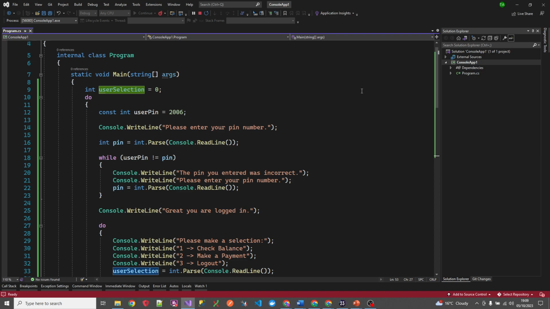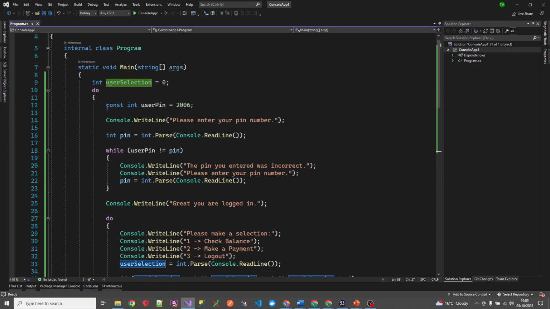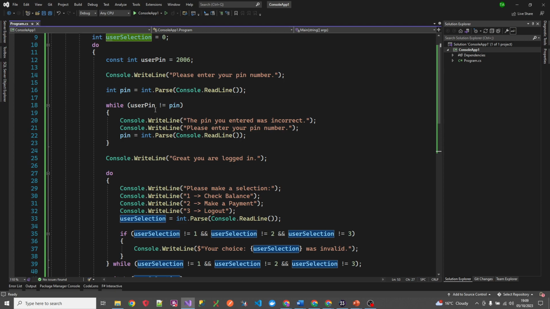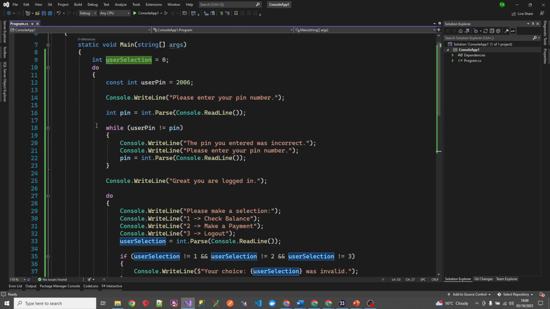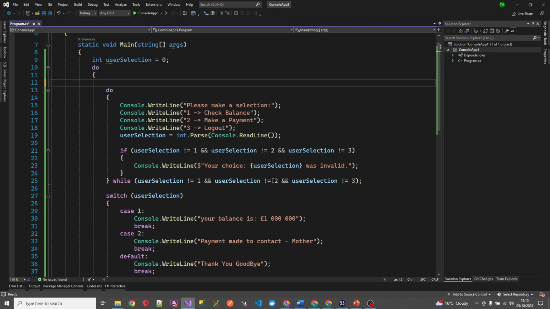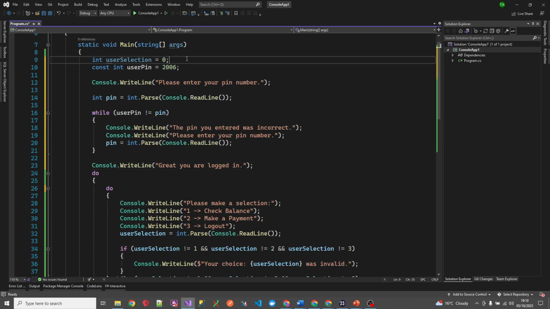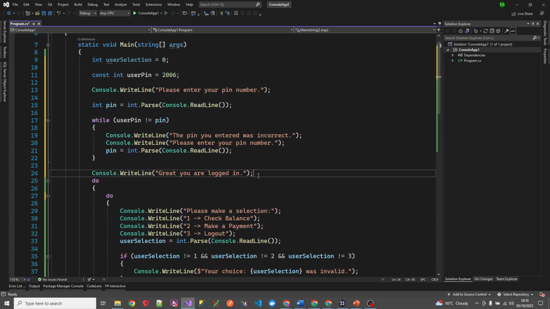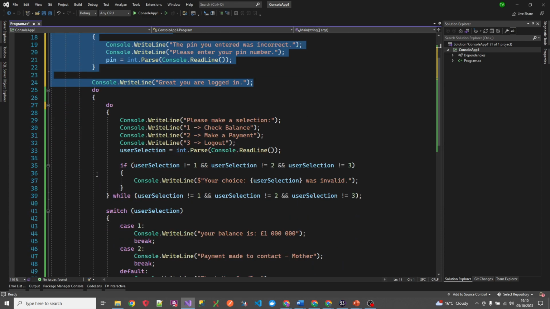Okay, so that worked as expected, but it's not very nice, because if the user's already logged in, why do I need to enter my PIN again and again? So maybe this is basically showing to us that there are some bits that we need to move out of the main do while loop that's wrapping everything. So how about we move this out of the do while loop? Okay, so get that out and stick that over here, so that when the code initially runs, it does all our logging in stuff here, okay, and then it goes into the do while loop,